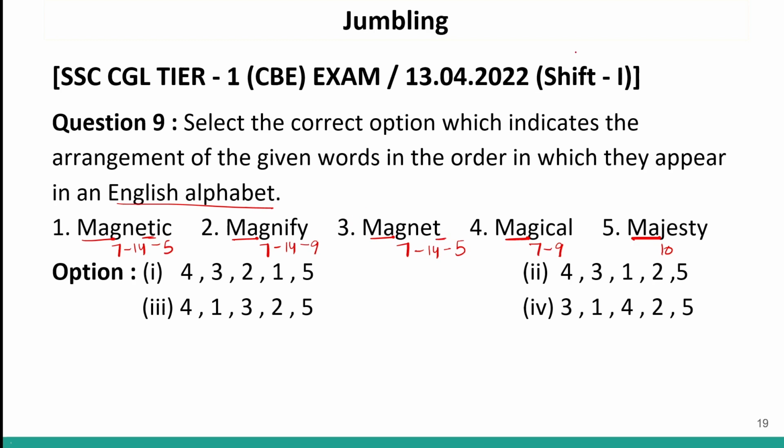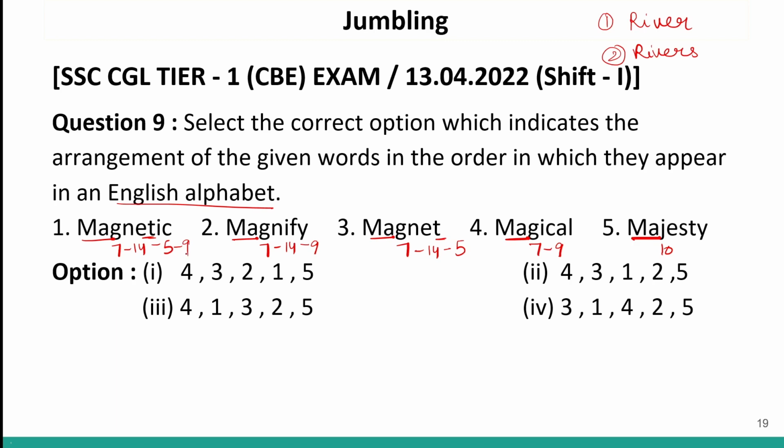And now, if you remember the concept of river and reverse. I told you that river always comes before reverse, because up till here we have the same alphabets, right? And here we do not have any alphabet to compare. That means this word is complete and it will come before reverse. So using the same concept, magnet and magnetic, this word is complete at T. So this will come before magnetic. After T we have I, which is 9.